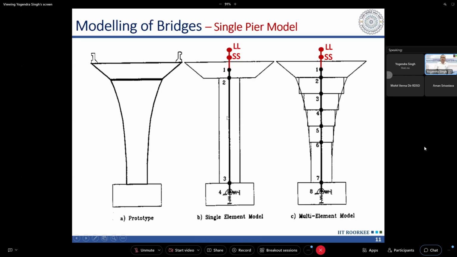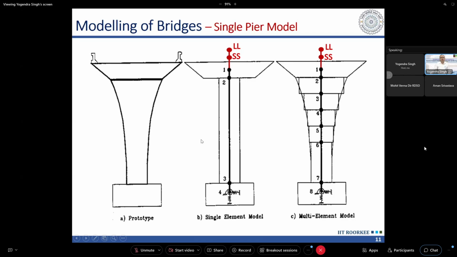So not only do we have to consider the proper element for modeling the pier, we also have to model the mass separately or appropriately. We have to understand that this single pier model is the simplest model, and that's why it has its own errors. It is giving us an approximate analysis, and the mass cannot be lumped at one point. It will be lumped at the corresponding CG of that mass. Then in many cases the pier may be flared. If the pier is flared like this, then modeling it just by one element will not be sufficient, and